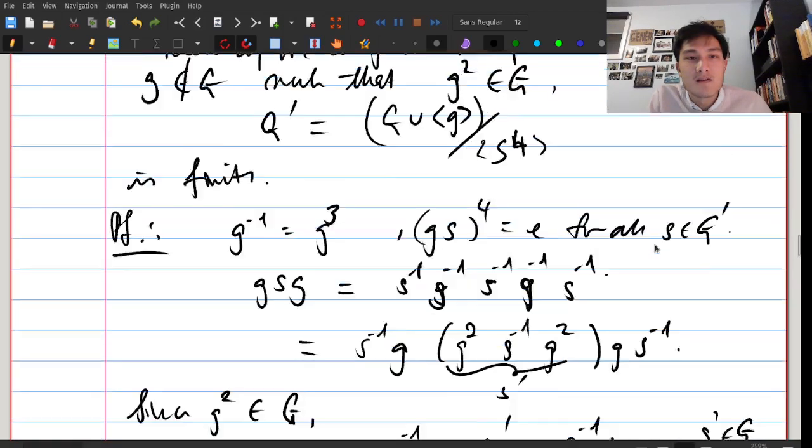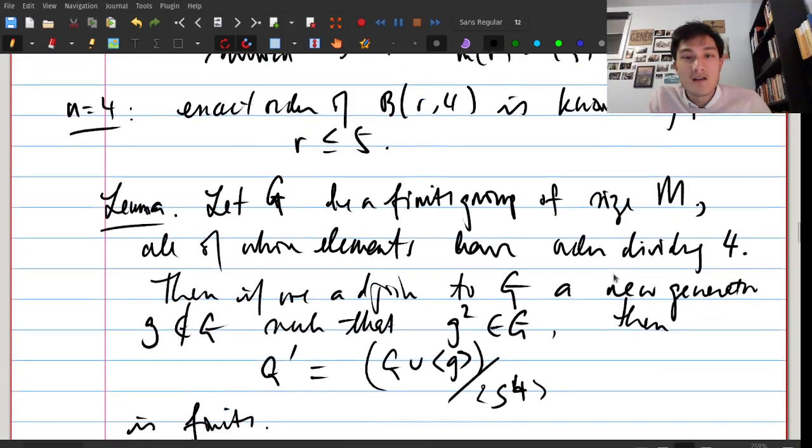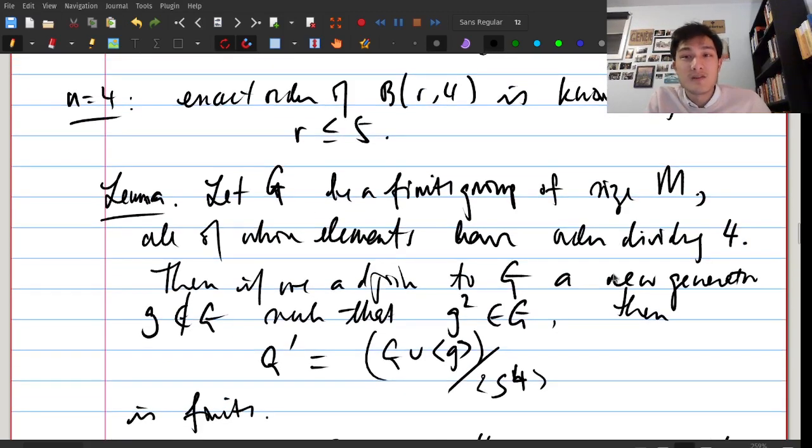Where was the lemma? Yeah, this is not so hard. So figure out what the bound is for BR4 that we proved, because there's m to the n plus 1 over and over and over again. It's going to be some expression with a huge tower of exponents. Why not figure that out? There's a bit of nuance in there because we applied a lemma twice, but it shouldn't be so hard.